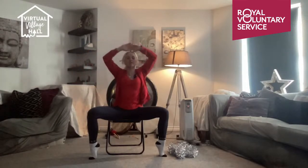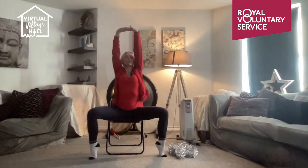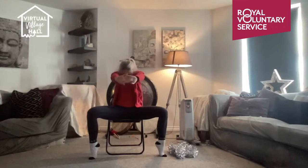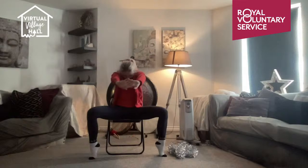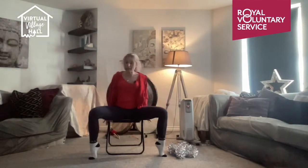Perfect. Come to the center, flip the palms against the ceiling, reach nice and tall, and then bring the hands in front of you like you're trying to press something away. Chin to your chest, shoulder blades slide away from each other. Pause and hold here for a couple of moments. And then slowly release, give those hands a little bit of a shake,